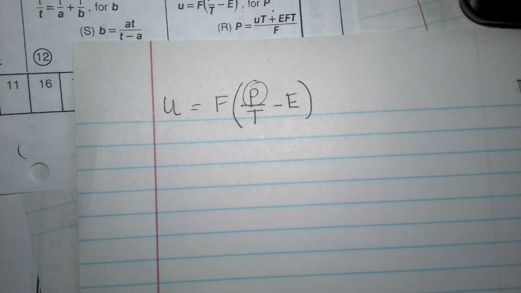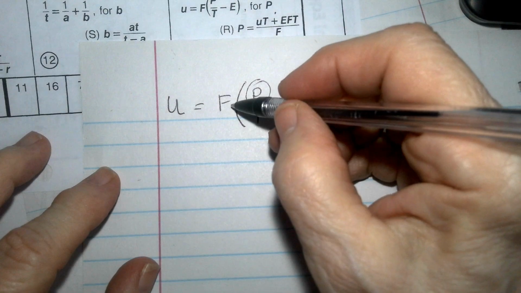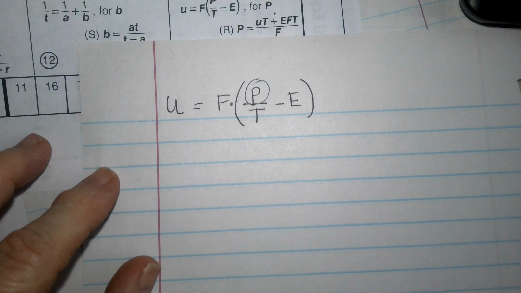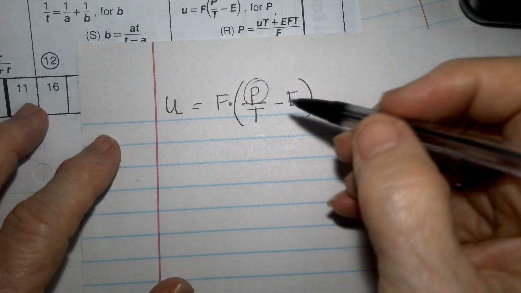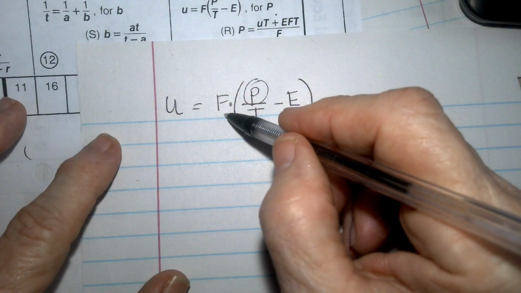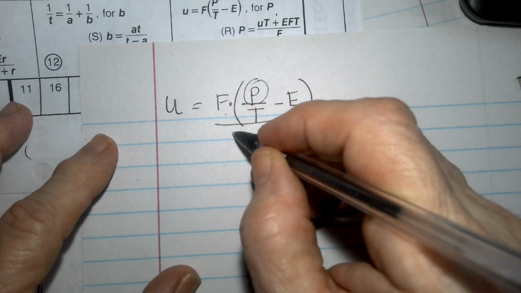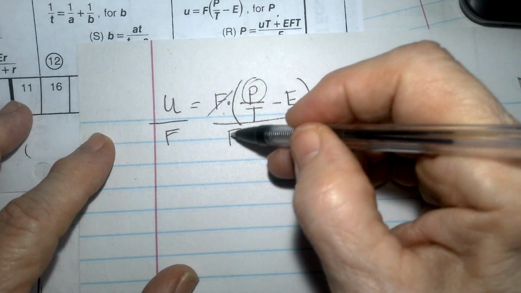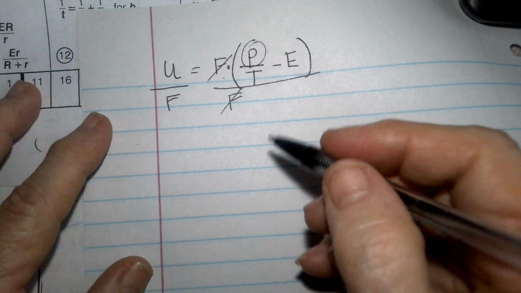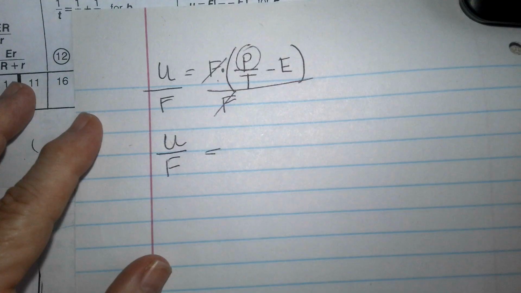And I always want to get rid of, I can't even get into my parentheses until I get rid of the F. So it's an F times, opposite of a times is a, what's opposite of multiplication? Division. So divide through by F, divide through by F. Okay. And then I've got U over F is equal to